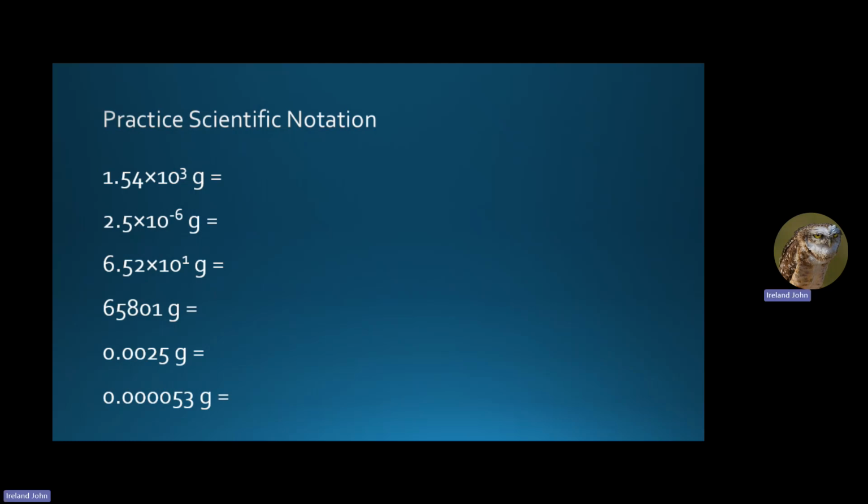All right, so this first gap here, right? So 1.54. So it's 10 to the third. So that means the decimal point moves to the right, because 10 to the third means it's going to be a bigger number, right? It's going to be a bigger number. So it's going to go 1, 2, 3 positions. Add the 0, you get 1,540. Right? The next one,